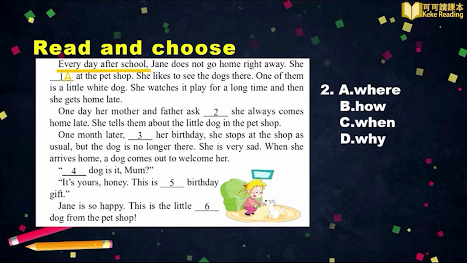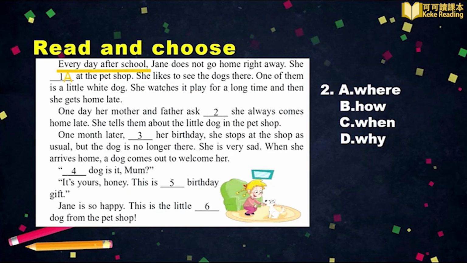Number 2. One day, her mother and father ask something. She always comes home late. 一天，她的爸爸妈妈问了她一个问题。通过读后面的半句话 She always comes home late 我们知道她的爸爸妈妈想知道为什么 Jane 总是回家很晚。哪个疑问词是提问为什么呢？